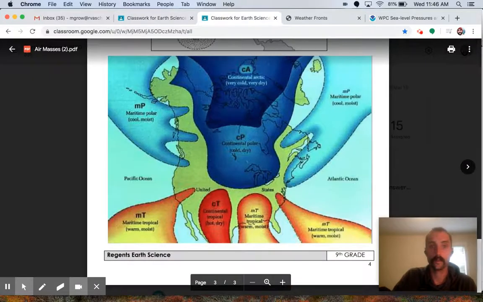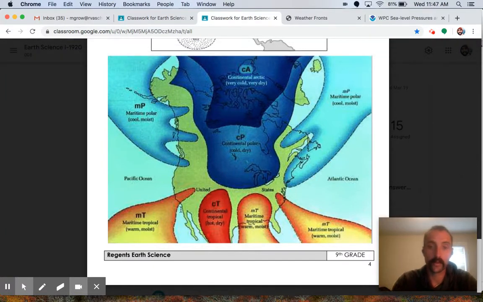All right, so back to air masses. So we're going to apply our understanding of air pressure now to the formation of air masses. So as we know, looking at this map right here, we're focusing on North America because we live in North America. So based off our lesson when we were in class, we know that the lines of latitude on the